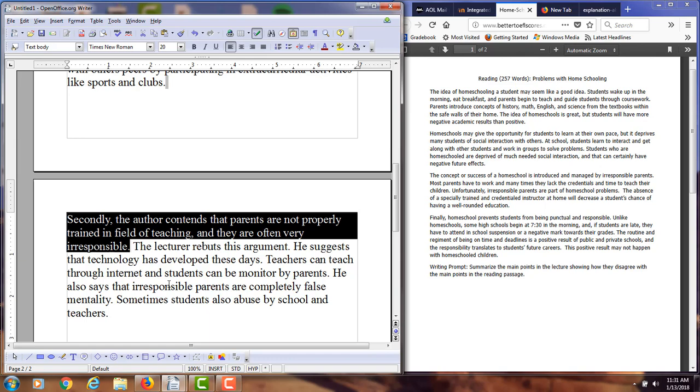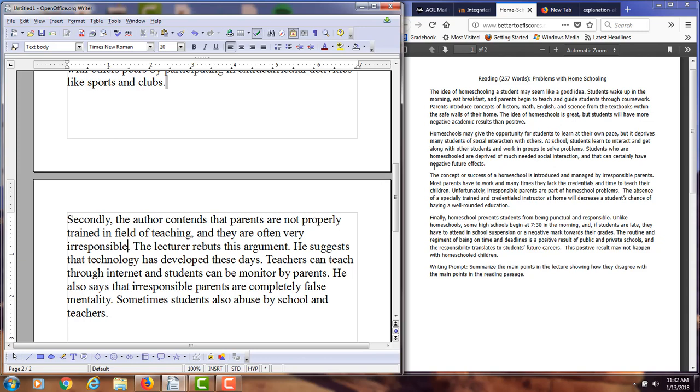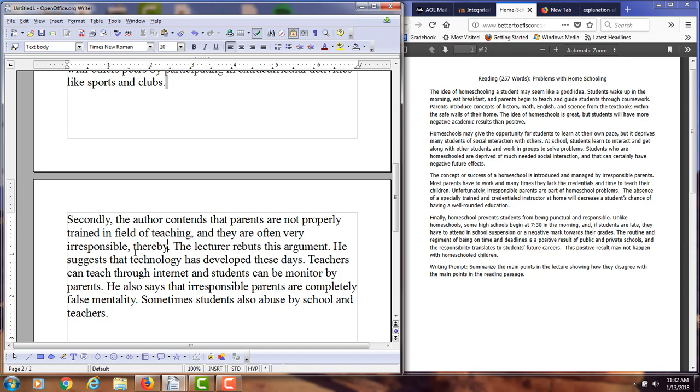And this is an objective piece of writing. Therefore, you want to have an objective tone here. Okay, so if we look at the reading passage, we can say you've covered the most important point. You might say something like, thereby